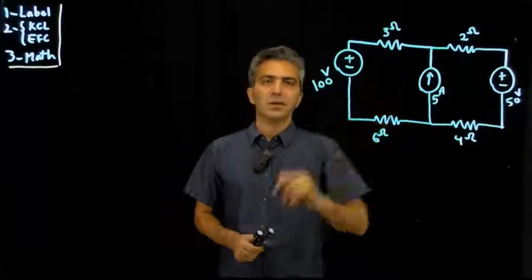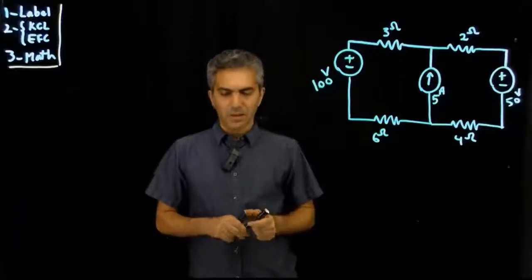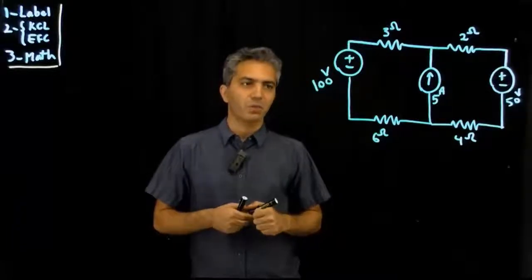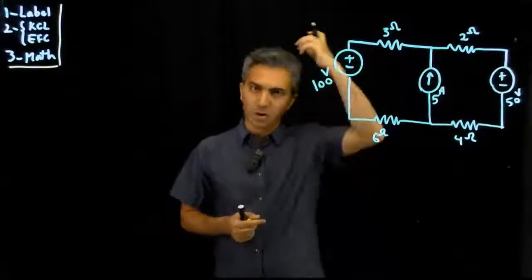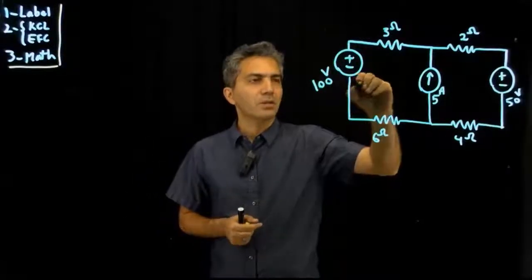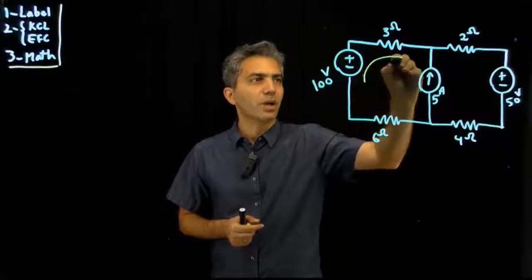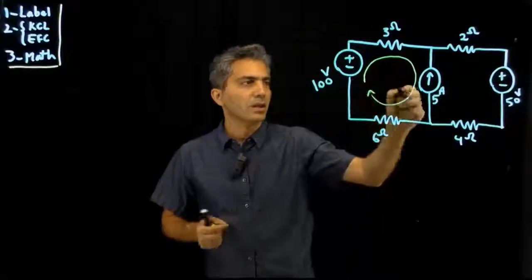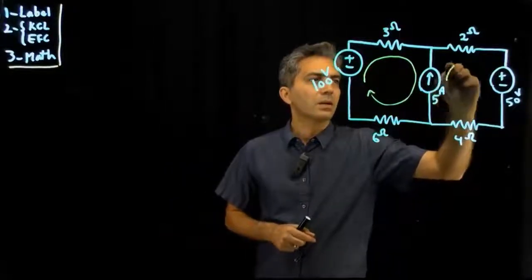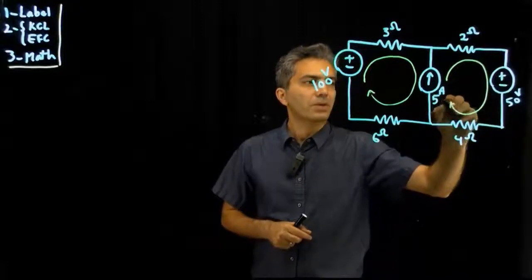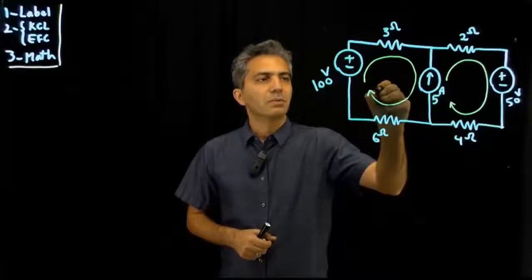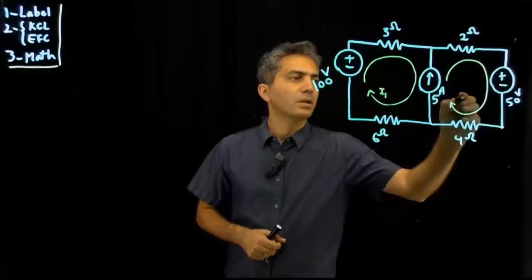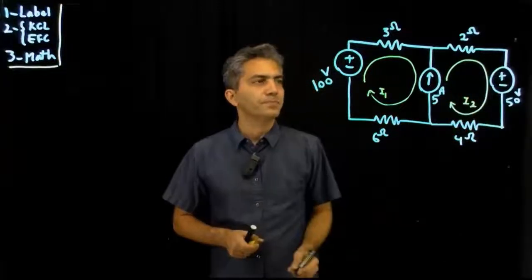Okay, so this is the circuit, and with mesh analysis, if you recall, we don't identify nodes. Instead, we identify what we call loops or meshes. So there's one loop or mesh here that I can identify, and again the direction of the current passing through the loop is arbitrarily chosen. So I'm going to call this I1 and call this I2,